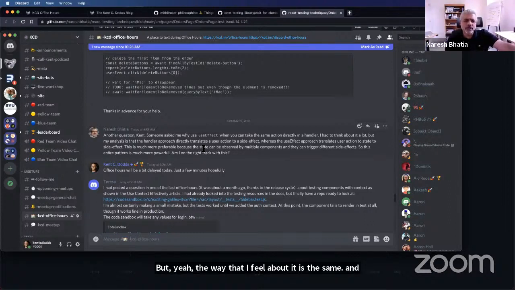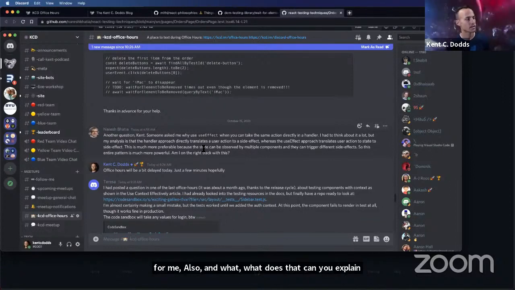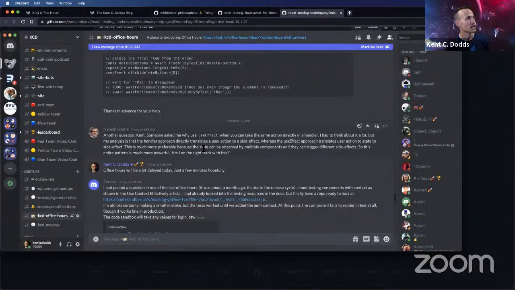Can you explain what Dan is trying to say? So what Dan is saying is, put it inside the handler? Yeah, event handlers are for side effects. They're for doing something as a result of what the user did. It's like reacting to things which would trigger a side effect with respect to what's happening in the DOM. This is a thing that happens outside of the DOM world. It's a side effect in a different world, which, okay, I guess.